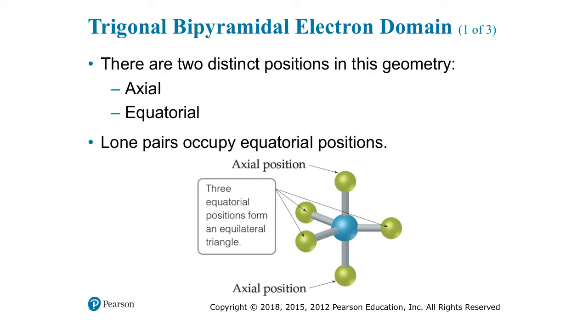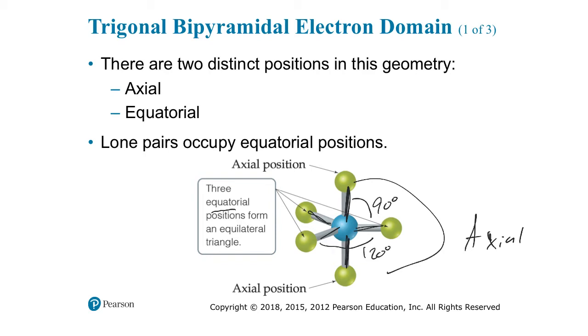So then if we look at trigonal bipyramidal domain, this is characterized as having atoms connected on an axis. So these would be the axial atoms in this geometry, and then the positions on the equator of the molecule would be the equatorial atoms within this geometry. So you end up with 90 degree bond angles for the axial to equatorial atoms, then the equatorial atoms have